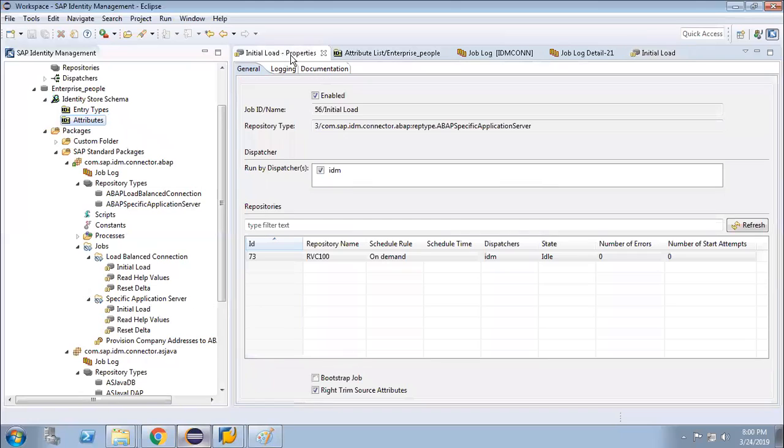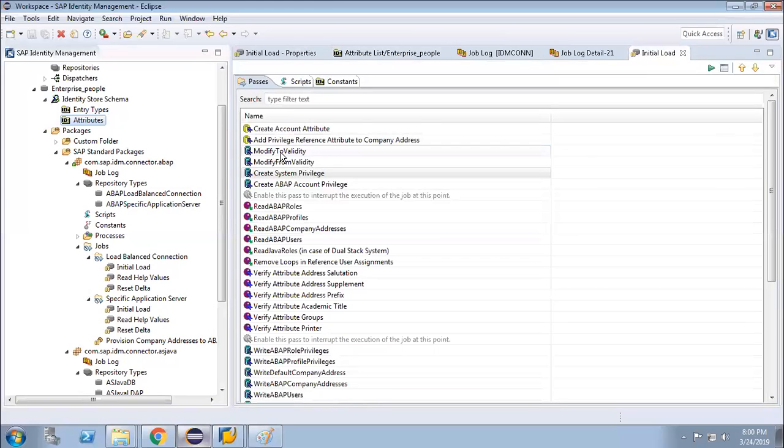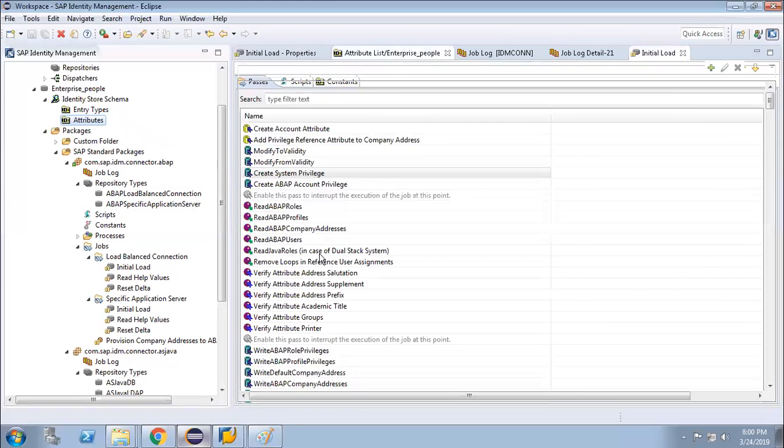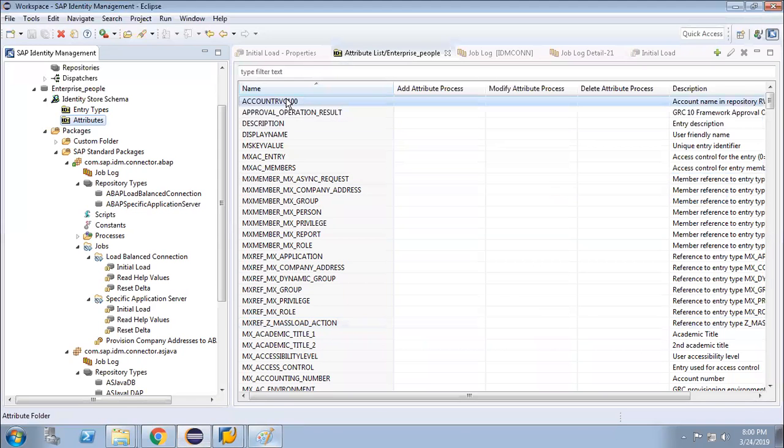And what is the purpose of this attribute? If the attribute is updated with the user ID, we can check that the user ID is present in that particular system. That is the purpose of this account attribute and updating. Whenever I assign this priv only role, this account attribute will be updated for that particular user. So we will see that.